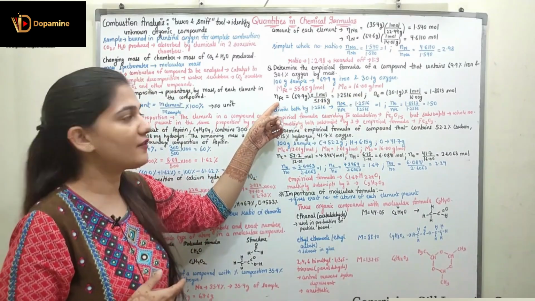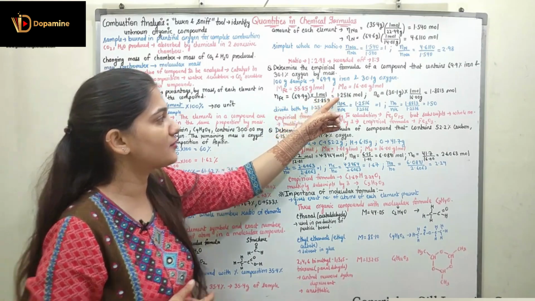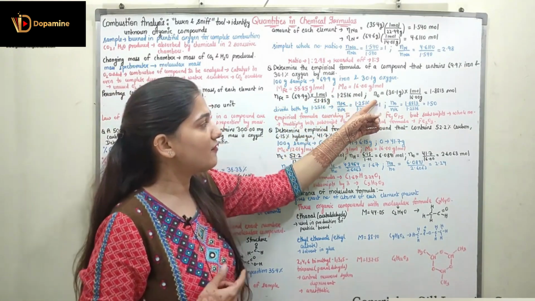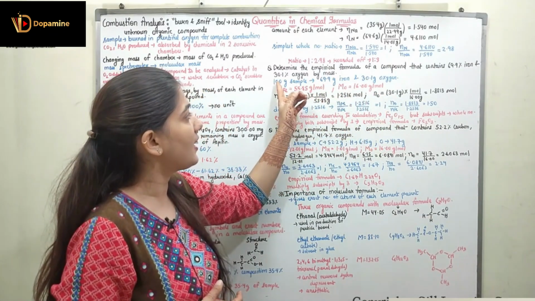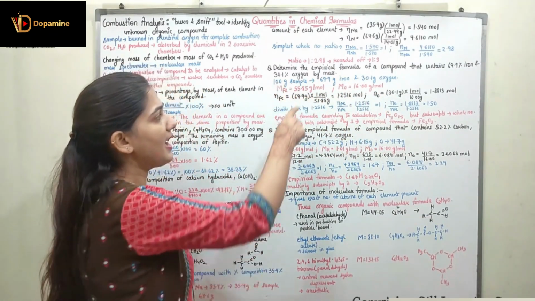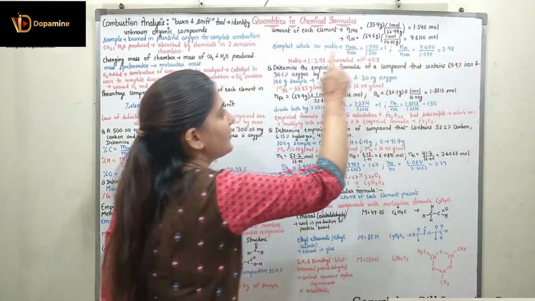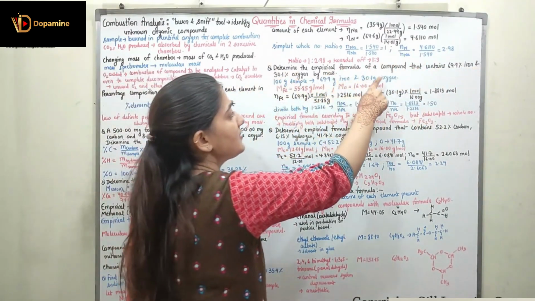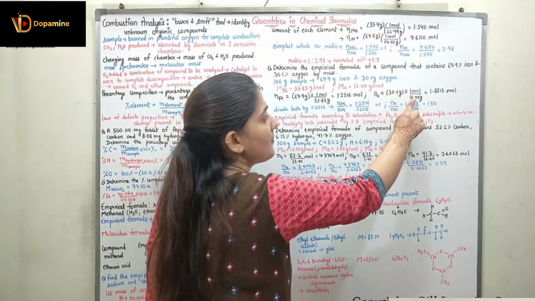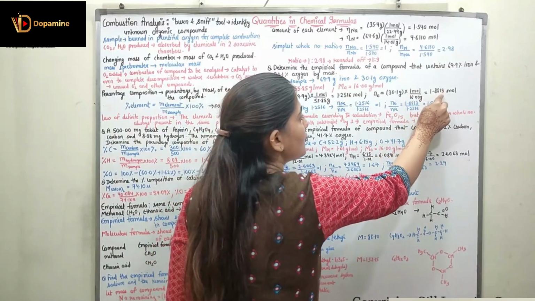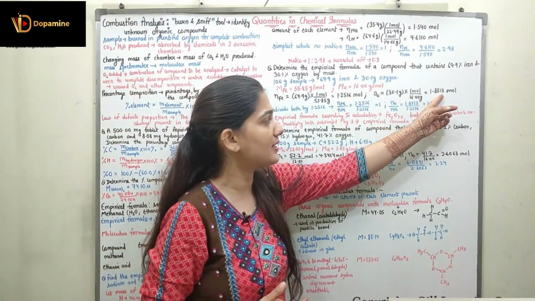So the number of moles of iron would be given mass upon molar mass: 69.9 divided by 55.85, which is 1.2516 mole. The number of moles of oxygen we can also find out, which is the given mass upon molar mass. In the 100 gram of sample we have 69.9 gram of iron because we have 69.9% of iron. 30.1% of oxygen represents 30.1 gram of oxygen. So the given mass of oxygen is 30.1 gram, and the molar mass we know for oxygen is 16 gram. When I divide that to find the number of moles, we get 1.8813.